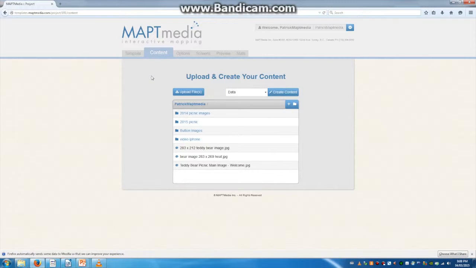So we've got the content here, and we have a couple of key areas. We have the upload files feature, and I can create content. Basically when I'm creating content, it's more the ability to upload and file it accordingly. So here's a new folder file, and the ability to upload. One of the things I would suggest is that this area is very important. You need to ensure that you have appropriate folders for all of your content